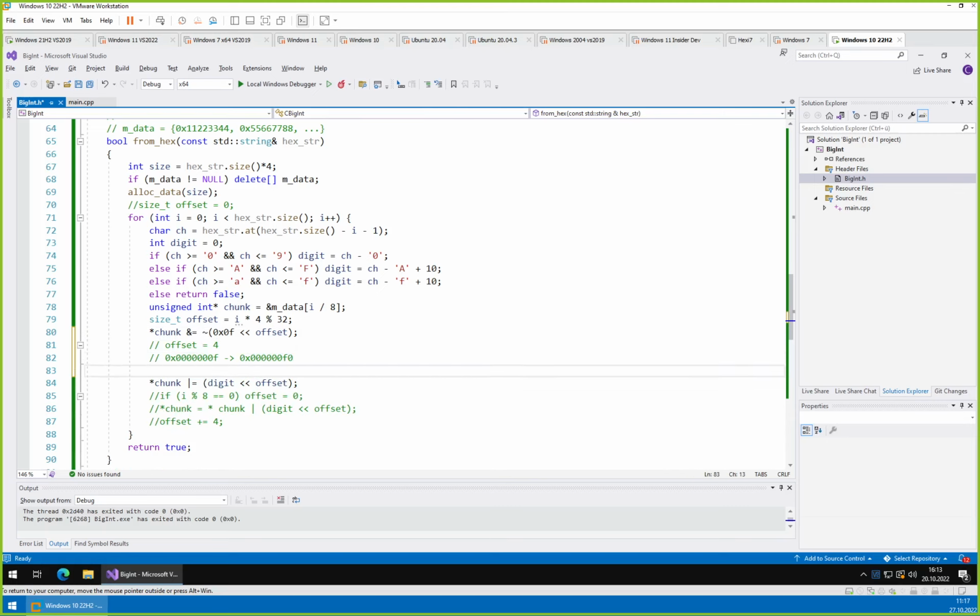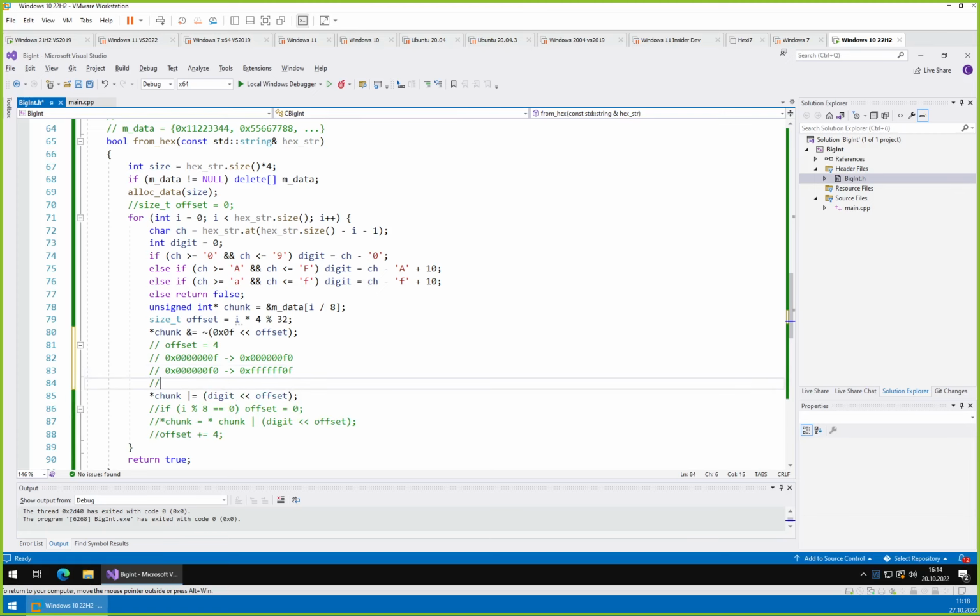And then we use the AND operator here with chunk. So everything that is not f, or not 1 binary speaking, will be set to 0. So we clear the place before we set a new value to it. But since we want to have the thing initialized with zeros anyways, we don't need to do this. Okay,